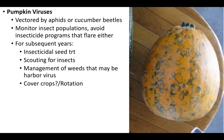So if you're having problems in 2020, again, I apologize. There's not a ton we can do, and as a pathologist, it's really frustrating. But we can help you in the years to come. Utilize the insecticidal seed treatment. Really scout for insects, particularly those aphids and the cucumber beetles, and then management of weeds that can harbor these